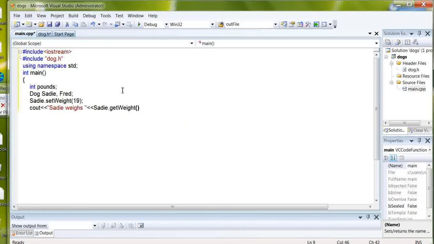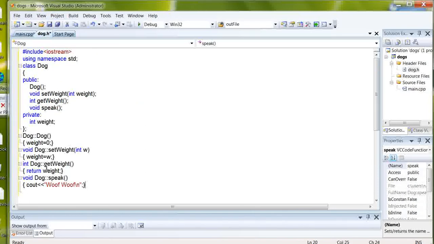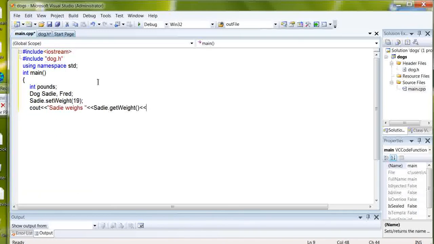And it's a function that returns a value because get weight is an integer function. So get weight right here says return weight. So that's been stored with set weight. So it will return the value. And let me finish this out. Pounds, period,